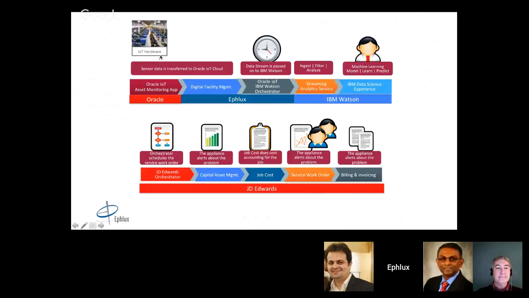And we're going to see a live demo for this. We're going to pass that data stream onwards onto IBM Watson using the streaming analytics service, which is going to not just ingest this data right from Oracle IoT Cloud Service, but also filter that and then analyze it. Now, based on that, what we are going to further see is a machine learning model that we've created, which